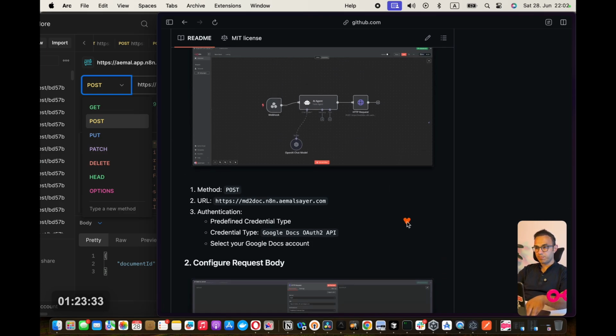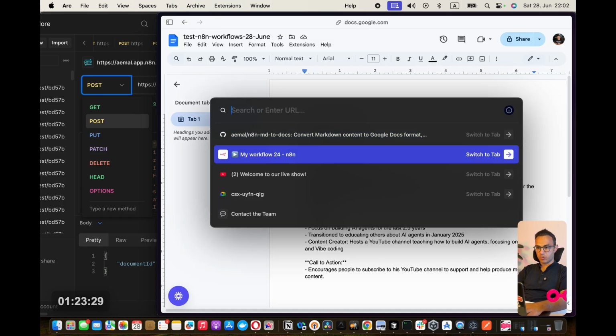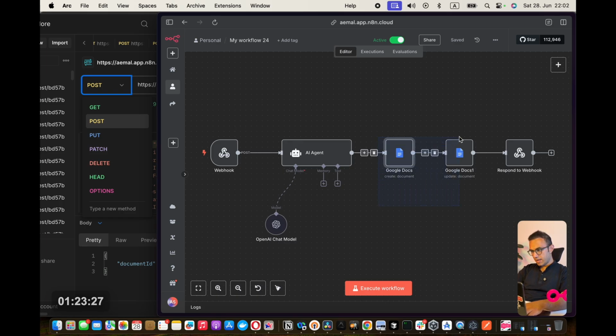Throw an HTTP request node. Now you're going to know what's an HTTP request node. So what's happening here is that these two nodes that n8n as a company built do not support Markdown by default.